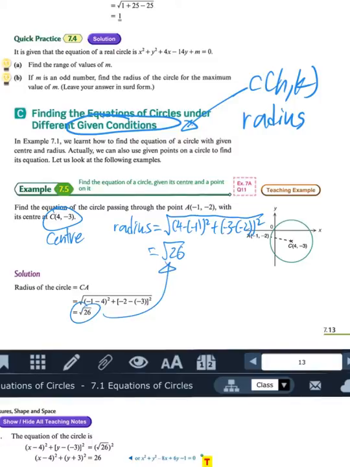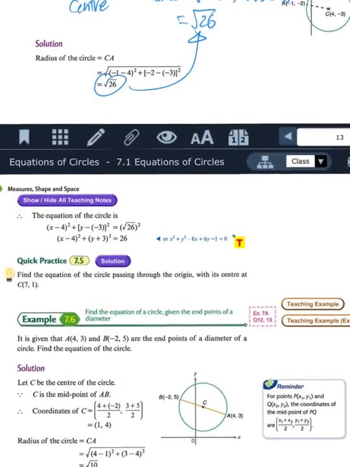With 26, you have the center and the radius. Then you can write down the equation of the circle by standard form: (x - 4)² + (y + 3)² = (√26)², that is 26. That will be the answer. Of course, you can expand the standard form to get the general form. Both answers are correct. You can just expand the bracket to obtain